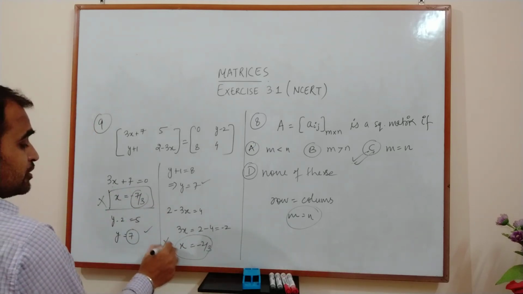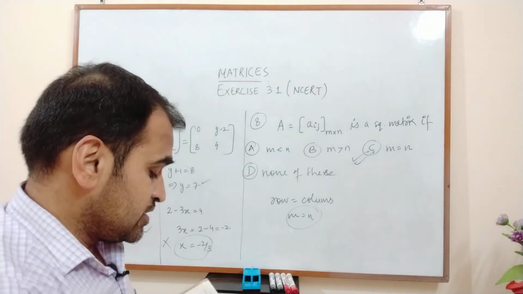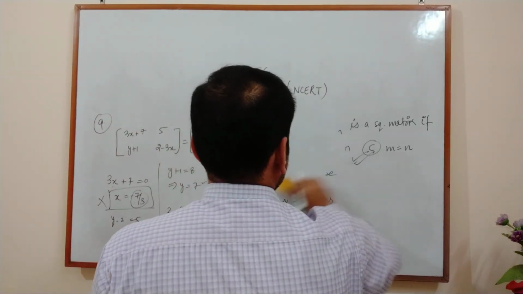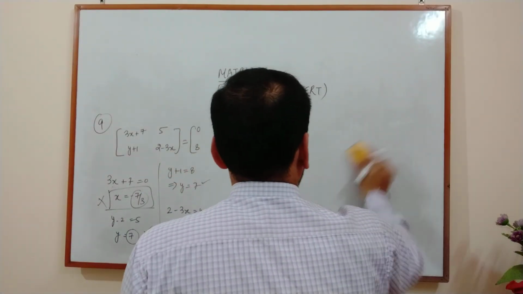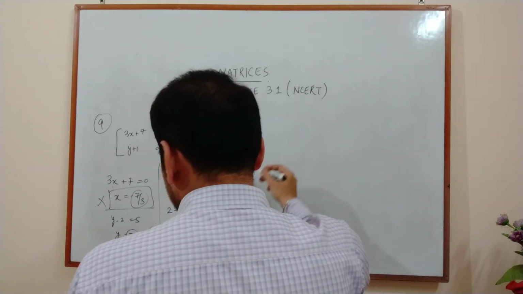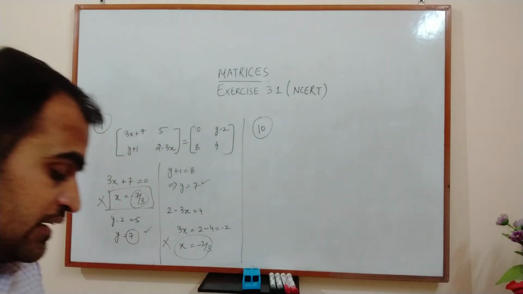So this is not possible to find. There is an option, not possible to find. So this will be the answer, right? So when solving MCQs, be careful. If there is an option of not possible, we should check all the elements. Next we have the last question, that is question number 10.